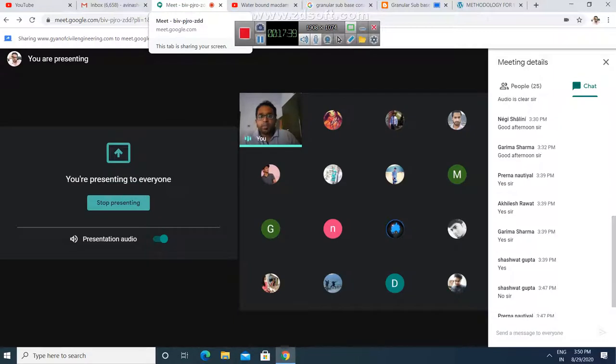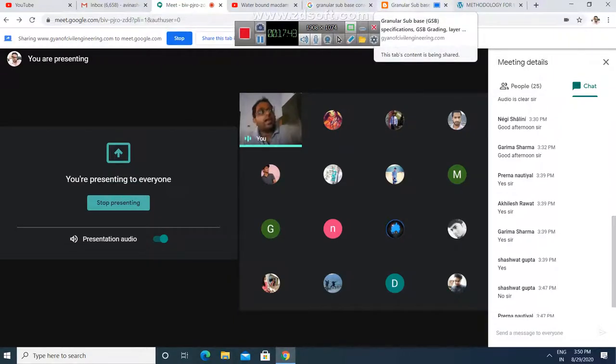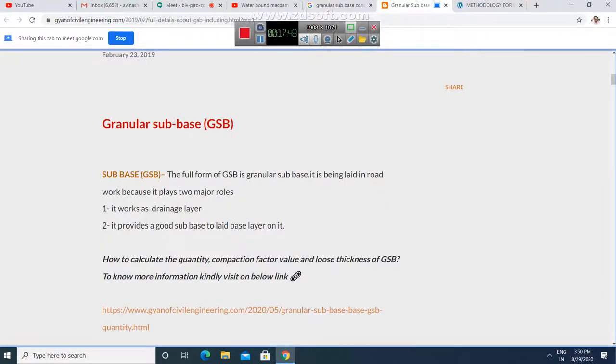So in the sub base you are providing a granular layer. Now let us see more about the granular sub base. GSB stands for granular sub base.